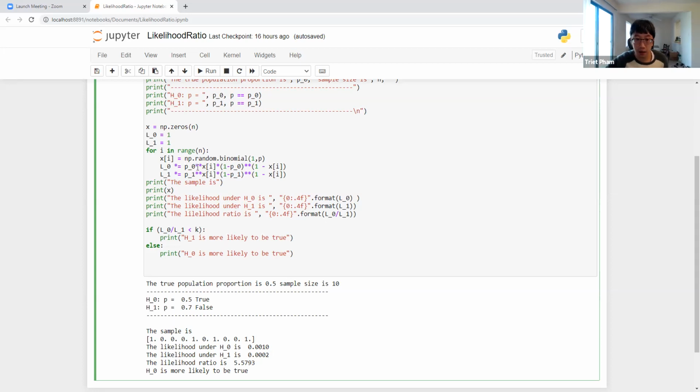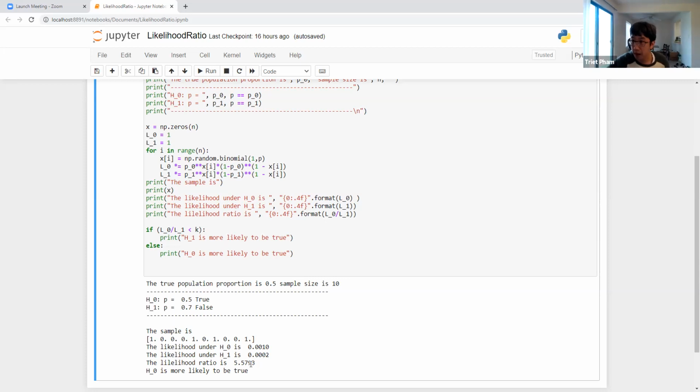P naught raised to the 1 or 0 times 1 minus P naught raised to the possibility of not seeing it. Because if it's 1, then you multiply with P naught. If it's 0, you multiply 1 minus P naught. And so here, in this particular instance, you see that the sample is generated under the hypothesis that the coin is fair. And so you see that the likelihood under the null is higher,